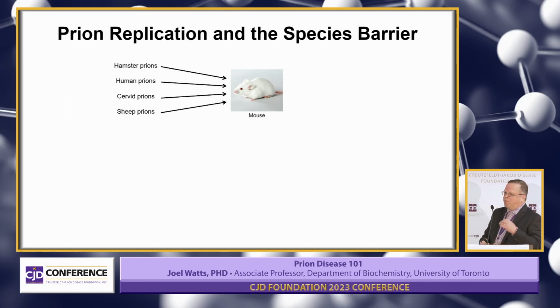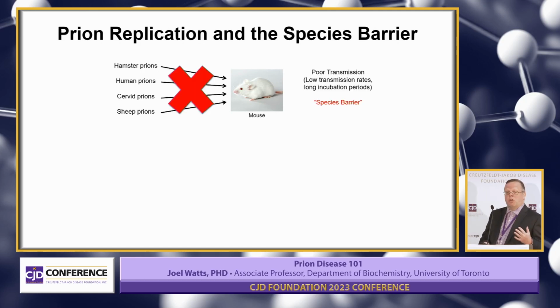All right, so prions are potentially infectious, but they're not uniformly infectious. For instance, if you take mice and try to infect them with prions that aren't from mice, so human prions like CJD or chronic wasting disease prions from deer, it doesn't work. You inject these mice, they will live probably 2 years and maybe only 1 or 2 will get sick, and it takes way longer than normal. And this is because of what's called the species barrier. Basically, the idea is that prions from species A do not efficiently infect animals from species B. This is a good thing, because in our lab, it allows us to study, say, mouse prions without worrying that we're going to accidentally inject ourselves and give ourselves prion disease.